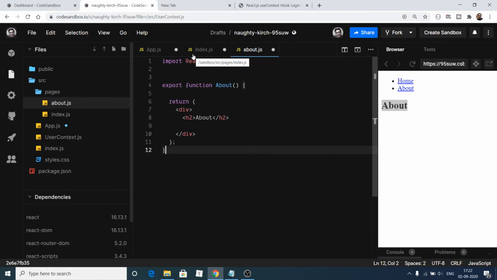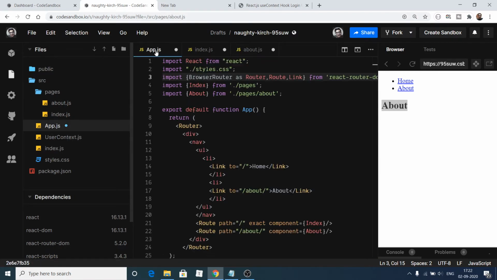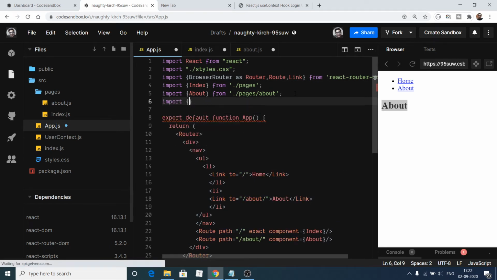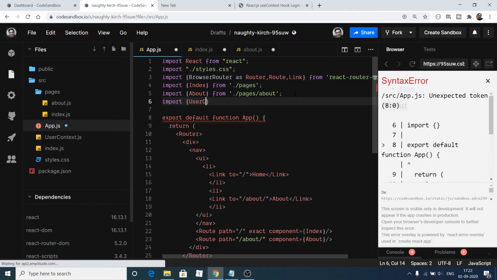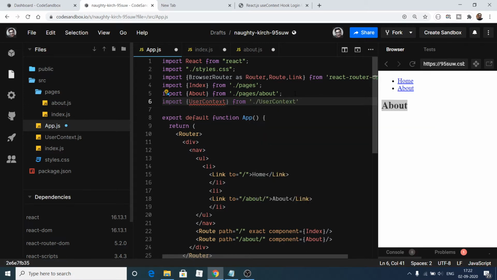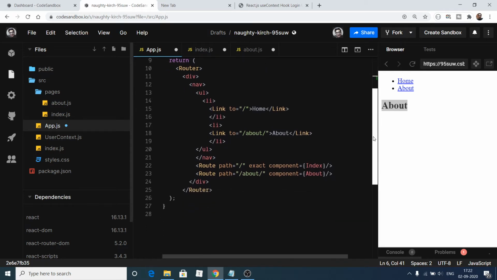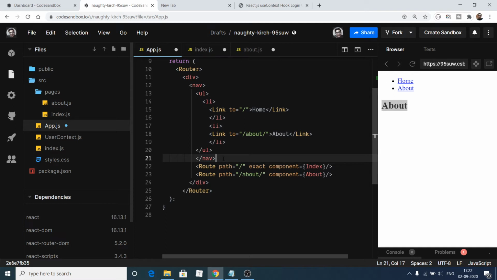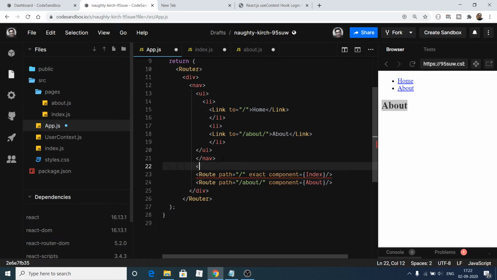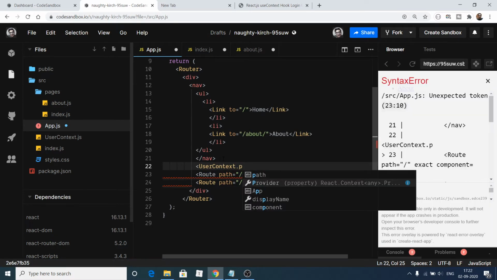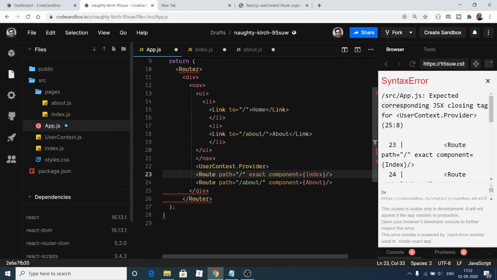Now in order to use this file inside our components, first of all we will go to app.js, and here we will want to require this file. So we can simply say import user context from, and the file name is user context. That's it. After requiring this file, guys, we need to wrap all the routes, all the components where we need to use this user context. Let's suppose outside this routes tag we can use here user context, and there is a dot provider property here. We need to wrap this tag here. So after this routes we can just close it.